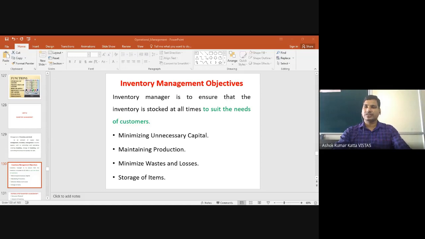Inventory manager, production manager, or any department manager, we must understand one thing: whatever we are maintaining, whether products, reserves, or surpluses, or the futures of the product, all these things are ultimately to satisfy the needs of the customers. If the customers are unable to be satisfied, then it clearly indicates that whatever system you are following has completely failed.